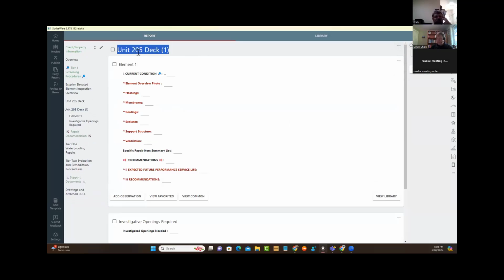I could call this unit 176 deck. And you could keep going. All you're doing is coming up here and hitting copy chapter, and we could copy another one, and then you can come up here to rename it, unit